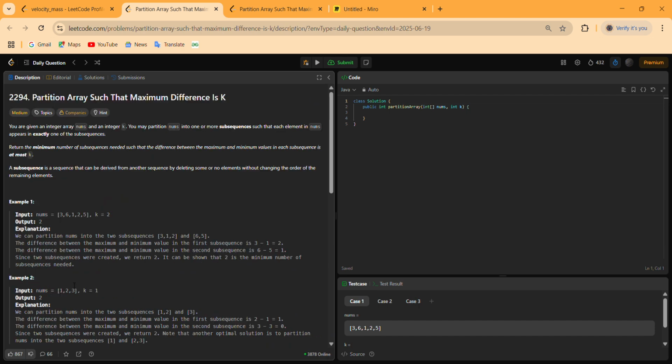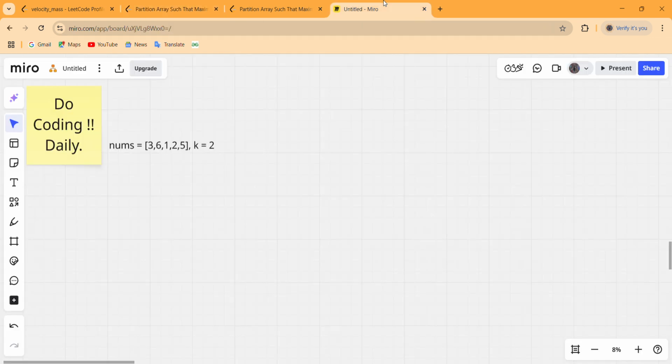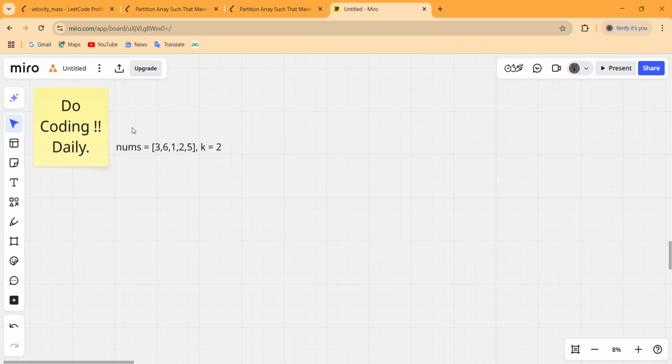Now what is the basic intuition behind this problem? So let us first visualize that. Here we have given input example number 1, and in that we can see that nums is equal to 3, 6, 1, 2, 5. If we try to brute force our solution, what will be the brute force solution for this?